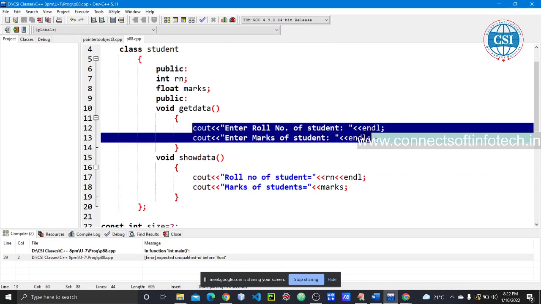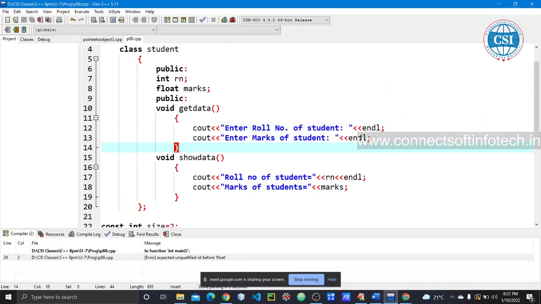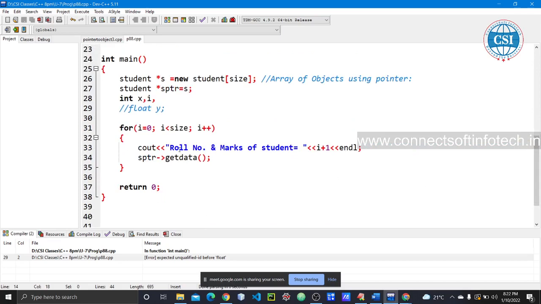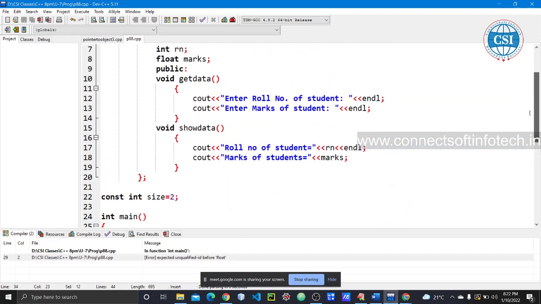It will give an output to show enter the roll number of student, enter the marks of student for 1 time. When the object 0 is completed, then i becomes 1, so here 2 will come. So again it will call the get data function. Now it will give enter the roll number of student, enter the marks of student.